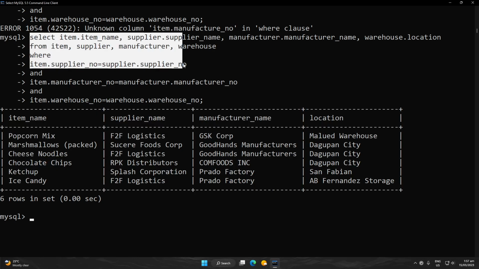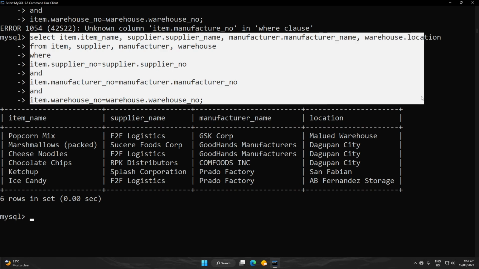This query here is how we connect to each of those items that we have mentioned earlier. So I guess that's a good example on how to retrieve parts of a table and then other parts of other tables